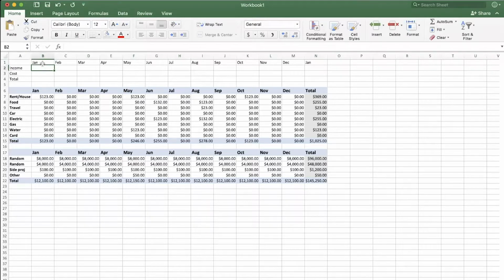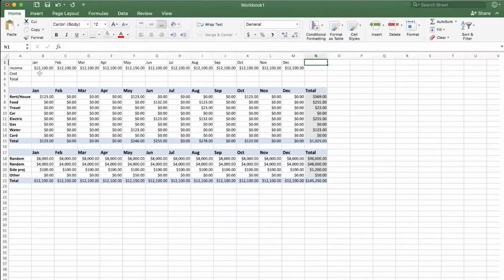Now, I want my January income to be the same thing as the total down here. So my total January income, I want to pull that number. Up in the function area, I'll put in equals, and then I will just click on the cell that I want to pull from. So I'll select this total for income and then hit enter. And it goes ahead and totals the entirety of January. It's just pulling the information from the cell and drops it in there. And I'll go ahead and go across the whole way. I don't want January. Okay, so I got rid of January.